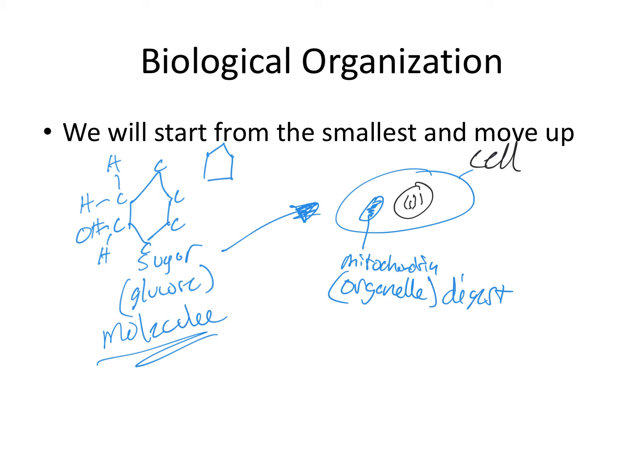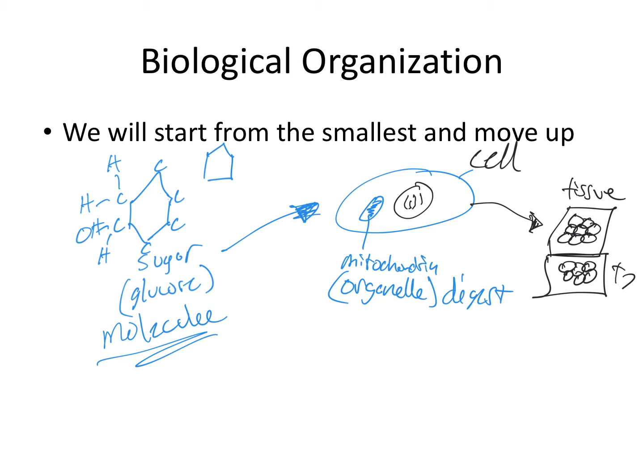If we make a bunch of these cells, I'm going to make them really small and tiny now, and we attach them together, then we have a part of our body called a tissue. So you might have a bunch of muscle cells, a bunch of cells in your liver or pancreas or in your brain. So that's a tissue. When you start connecting multiple tissues together, these tissues are made up of cells. So tissue 1, tissue 2, tissue 3, made of a bunch of cells.